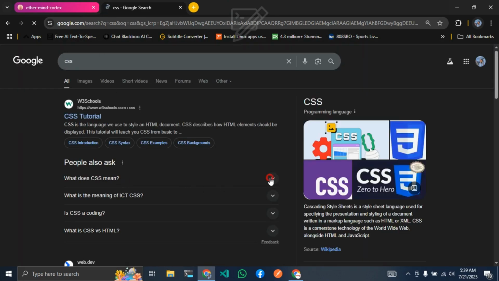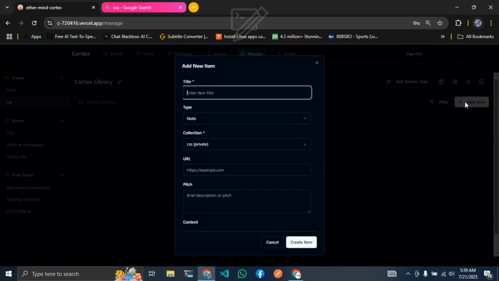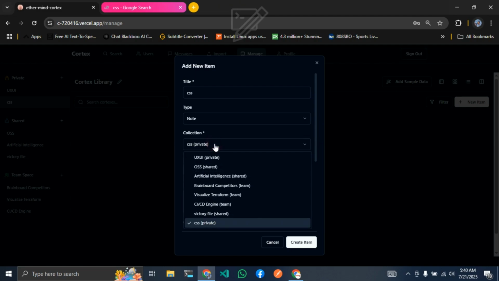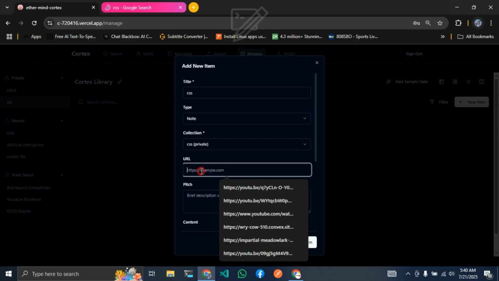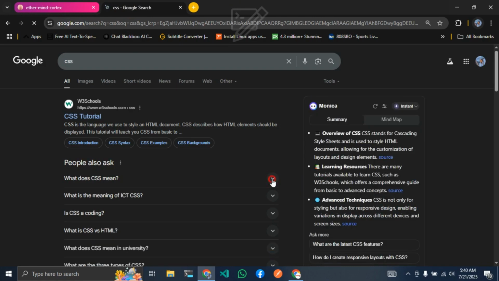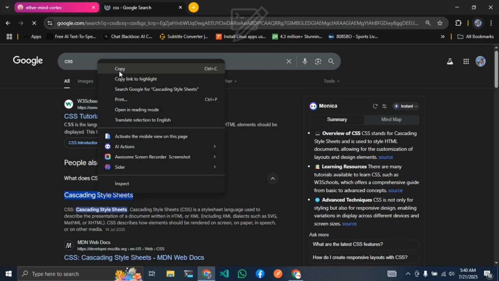meaning CSS. The next thing I'll do is add new items. The item name is going to be CSS and the type is going to fall under note, and it's going to fall under CSS private. Then for the URL, for example, you can add a URL to it. Then I'll say style sheet. Then I copy it,